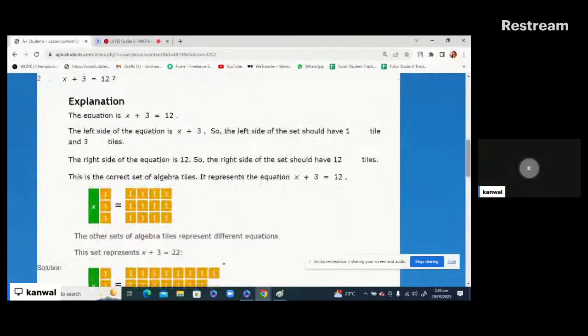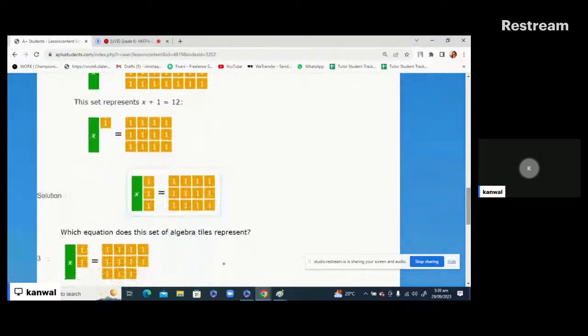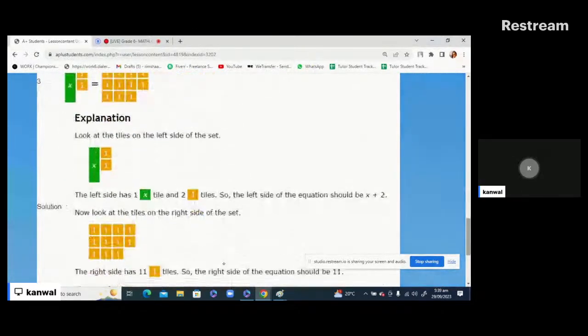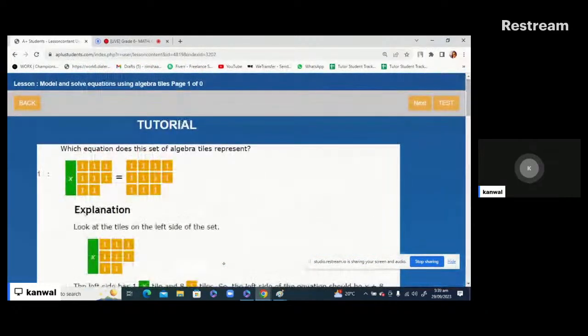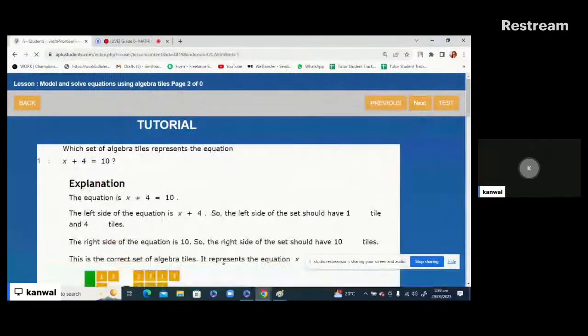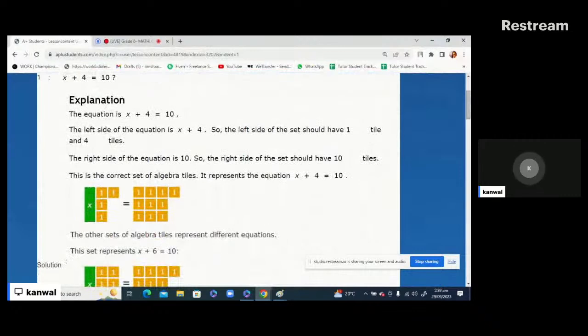And now these are the different equations we represent. Got it? Like in this way, x plus 4 is equal to 10. Same thing. Here is the x. x plus 4, which is equal to,